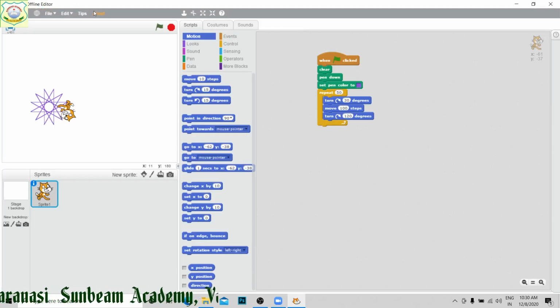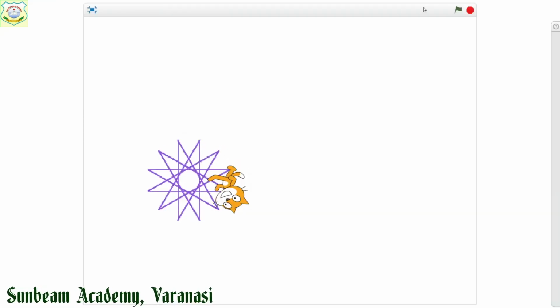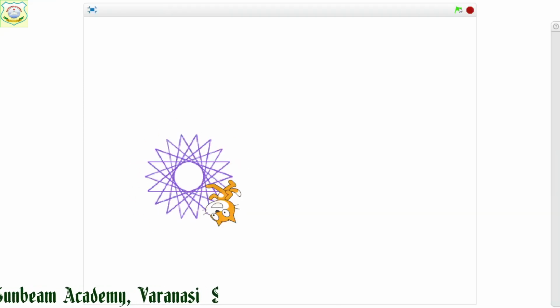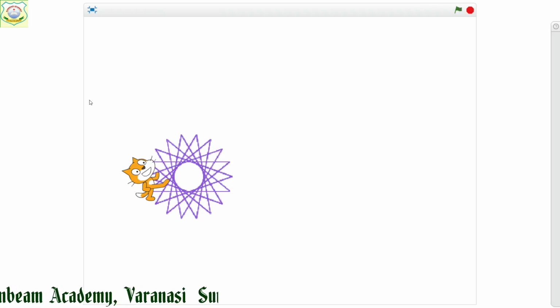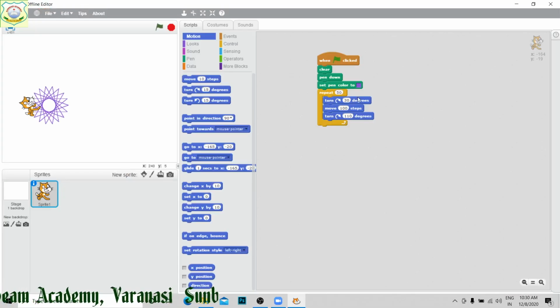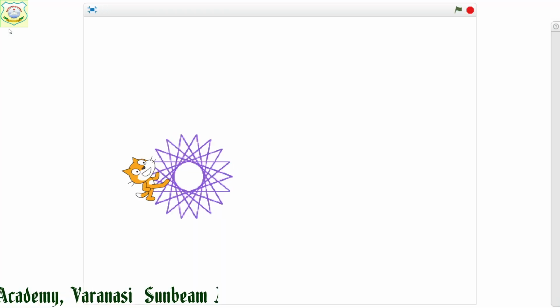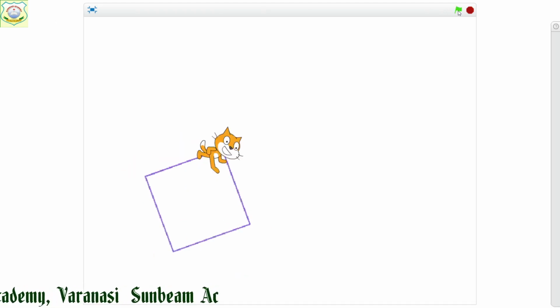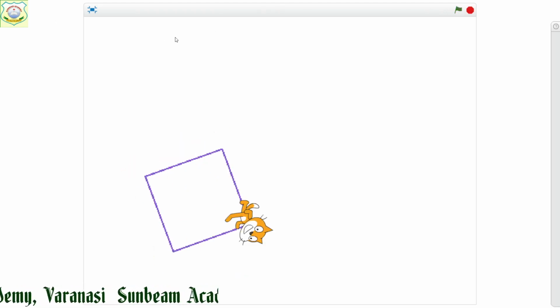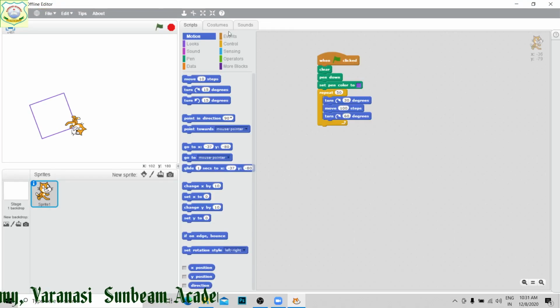Suppose I am going to change its 120 degrees to 110 degrees. What figure will it draw? See here. Now by this you can make changes in the angle. Suppose I have given it 60 degrees. What figure? See here. 60 plus 30 it has given. I am going to remove the 30 from here.